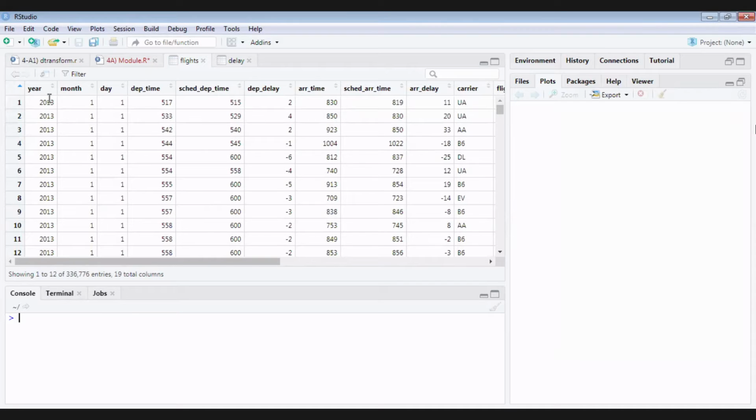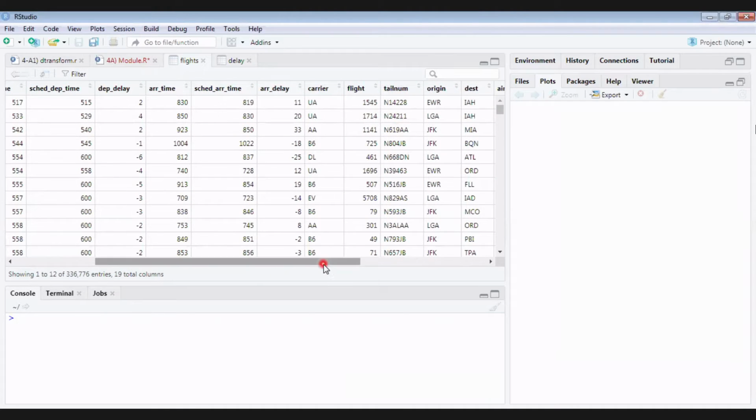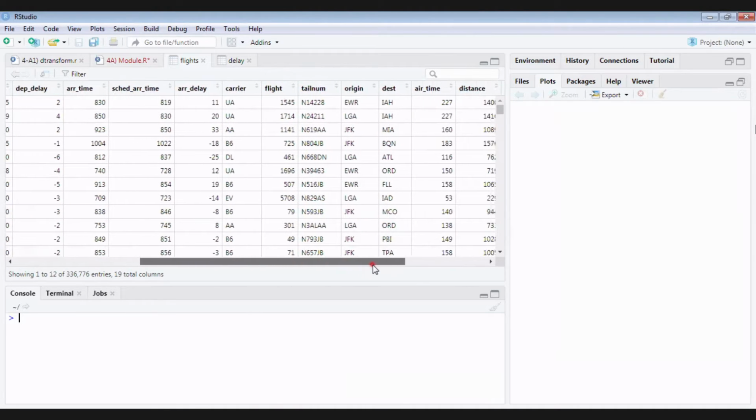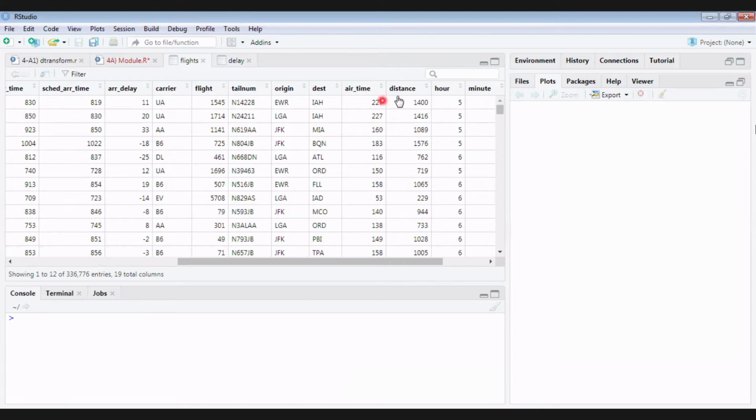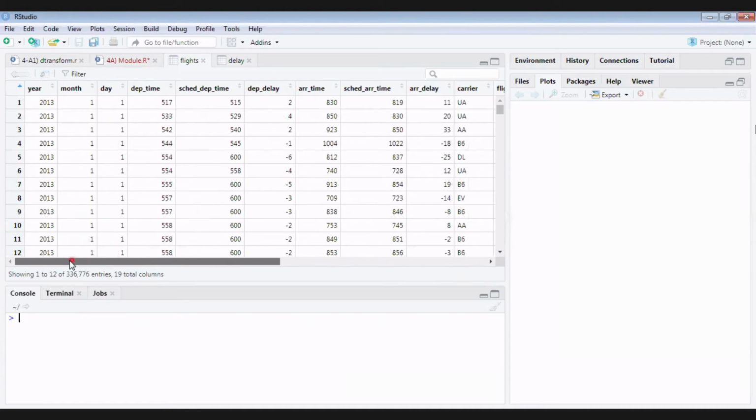Your year, month, day, departure time, scheduled departure time, departure delay, arrival time, scheduled arrival time, arrival delay, carrier, flight, tail number meaning flight number, the origin, destination, what was the air time, how much distance it has traveled, and the hour and minute.